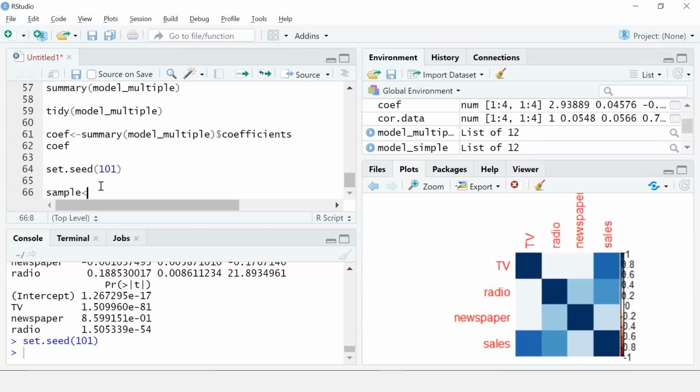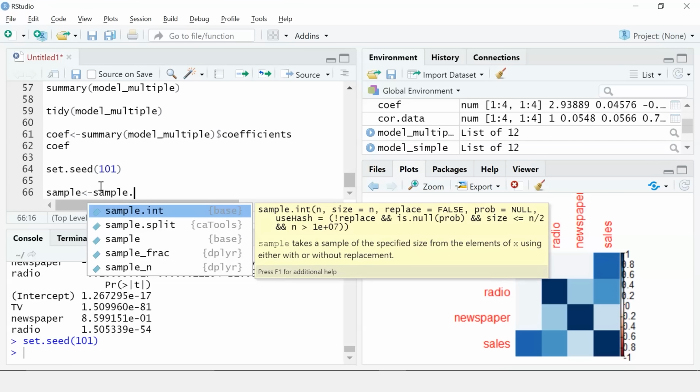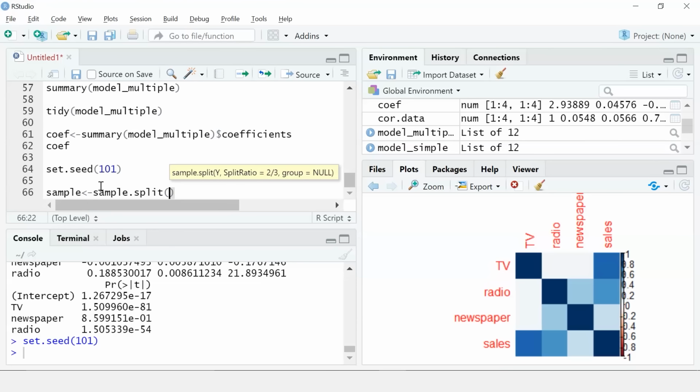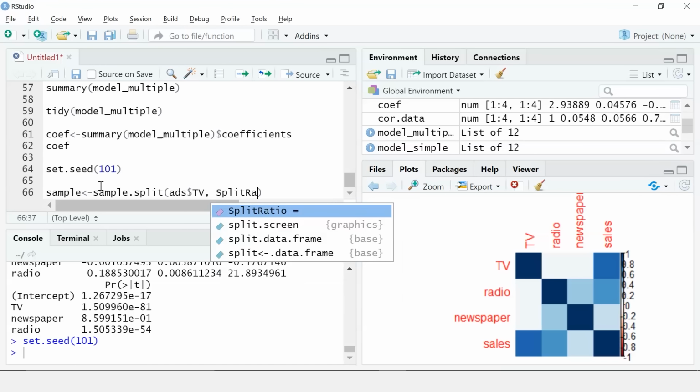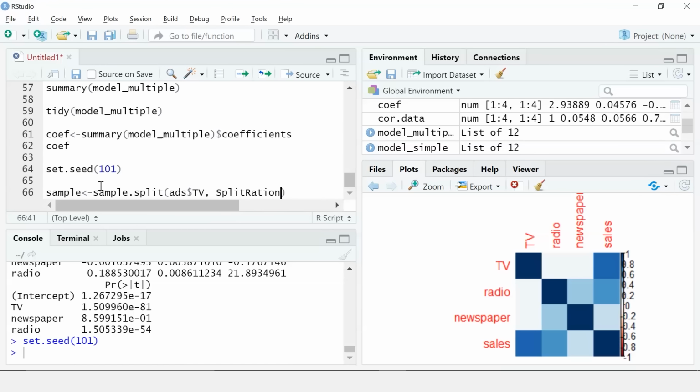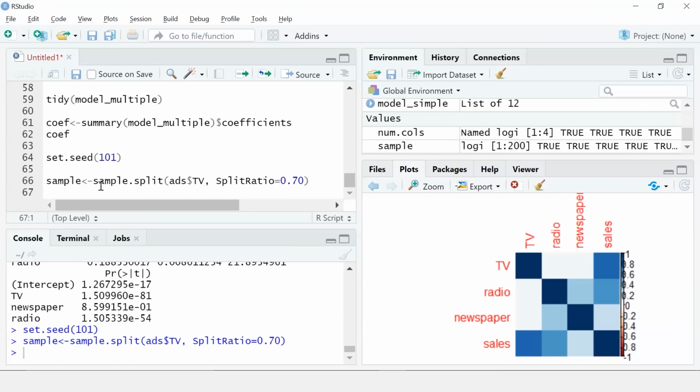So I'll use a variable sample, then I'll call sample.split, take ads, and then I'll use another parameter called split ratio, and I'll take the split ratio as 0.7, which is 70%. I'll run it, and then